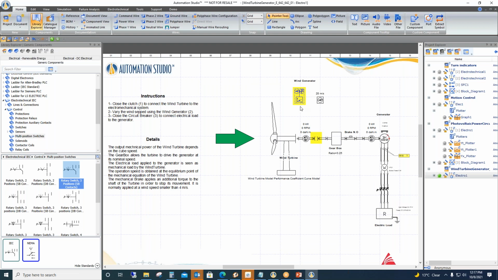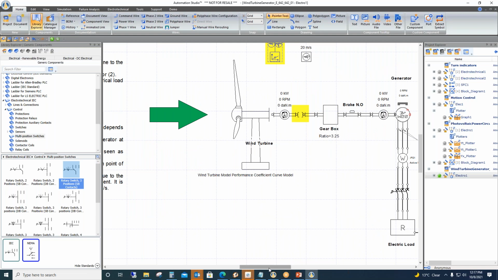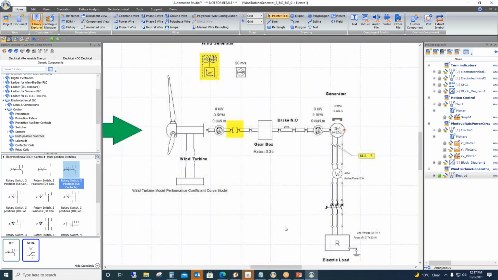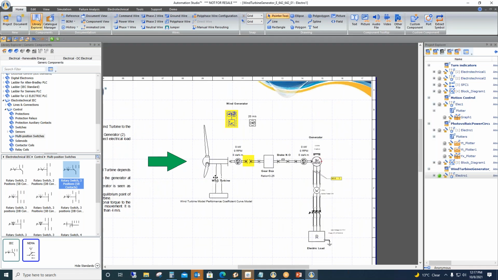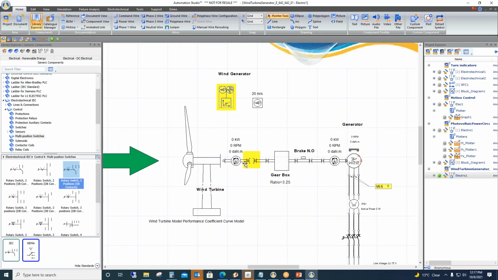Now when this wind generator is assigned a particular wind, here we have taken a wind sensor which will measure it. Here we have taken this turbine, and the wind energy here is converted, and at the output we have taken this measuring instrument to measure the output power, output speed and output torque.